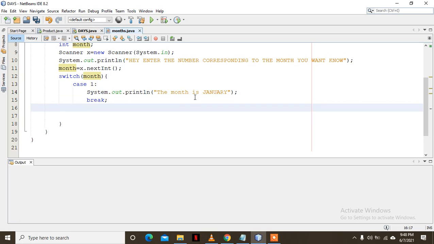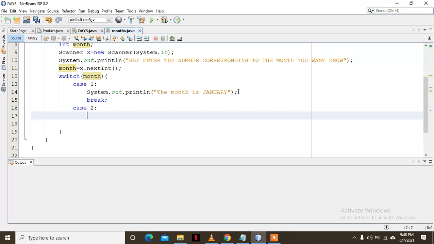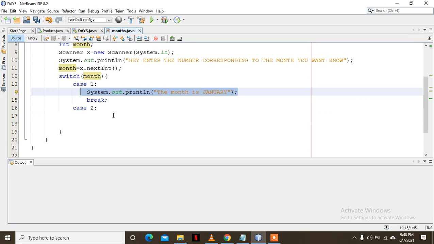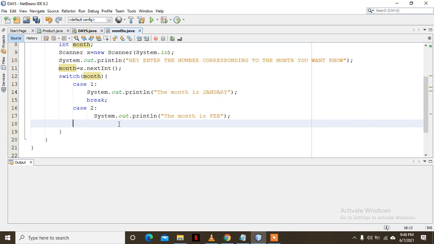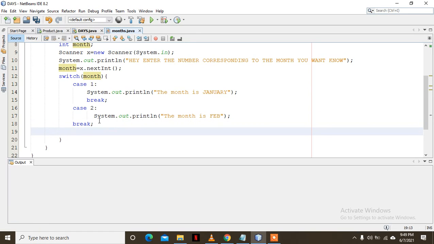Okay. If I input 2, it means case 2. If I input number 2, it tells me that the month is February. The month is Feb. Okay. Then it stops, break. Okay. If I input